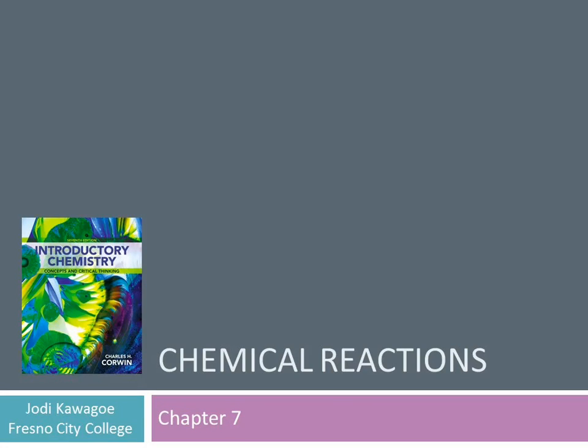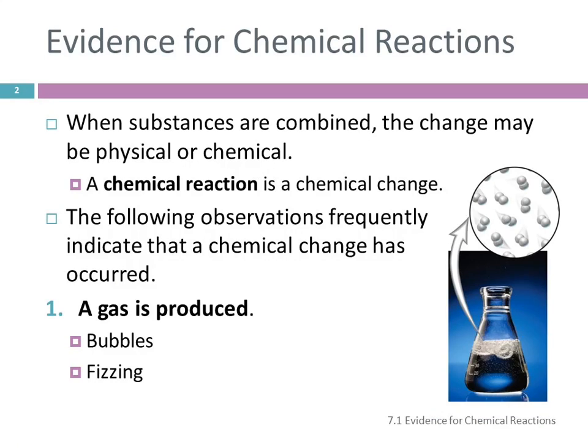Chapter 7 is about chemical reactions. When substances combine, there is a change that occurs, but that change can be physical or it can be chemical. If you take sugar and salt and mix them together, they are mixed up, right? But there's not been a chemical change, it's a physical change,